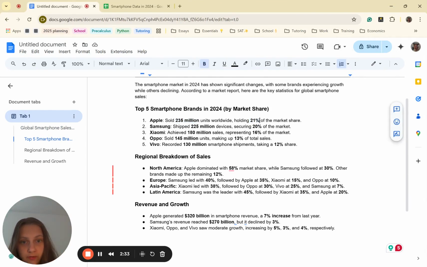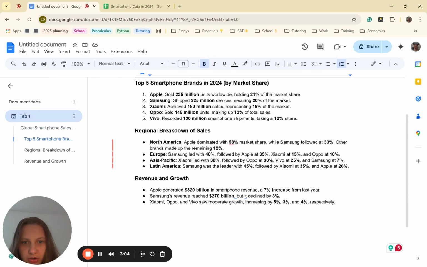So for example, Apple holds 21% of the market share. Altogether, that means probably 18% are other phones, so just letting you guys know.